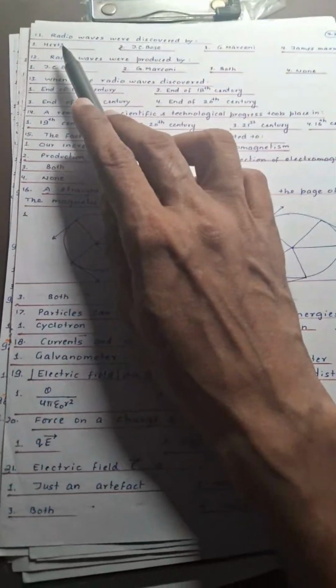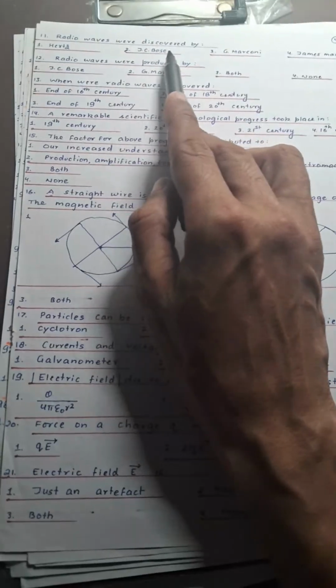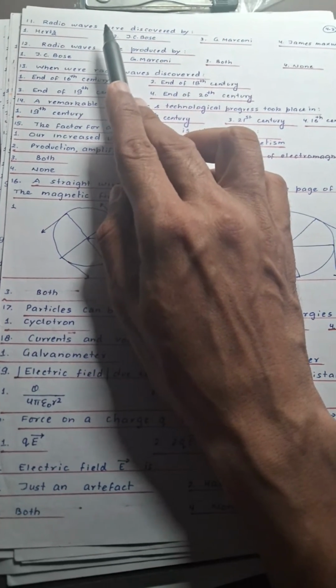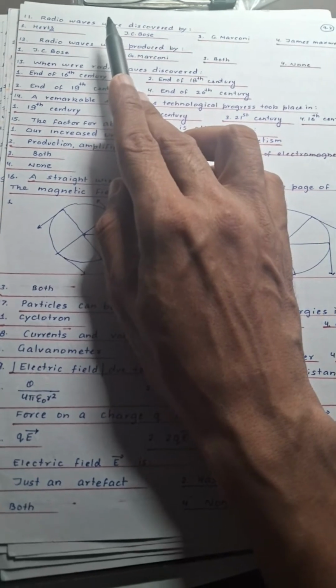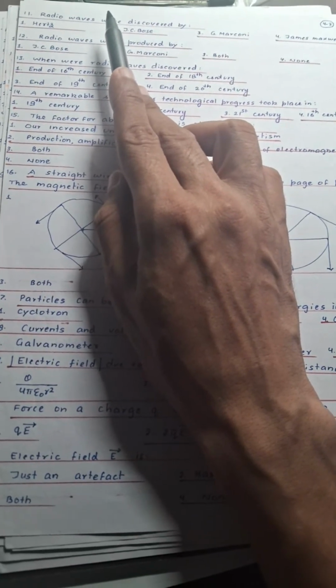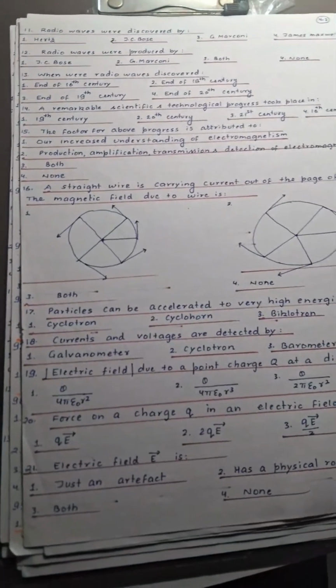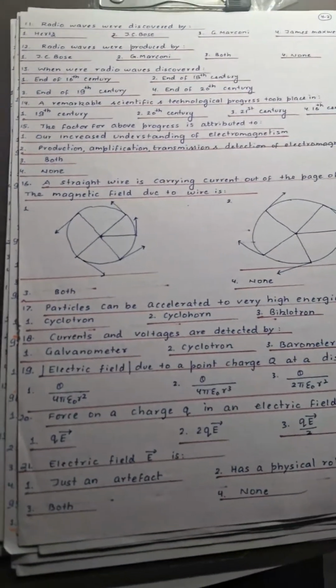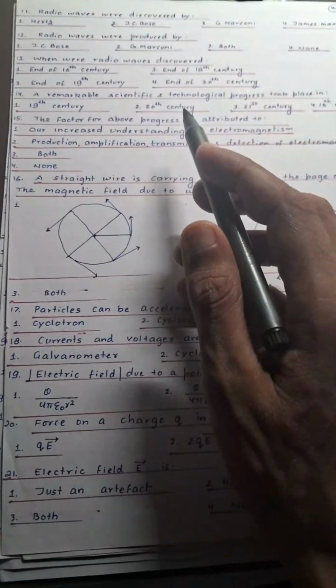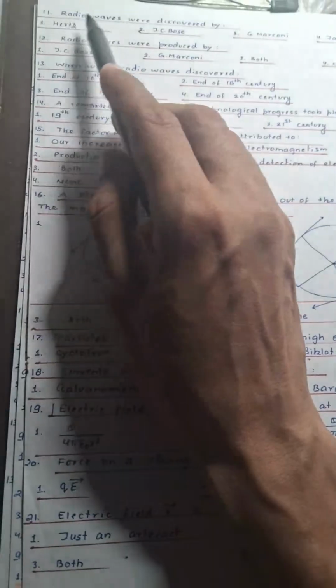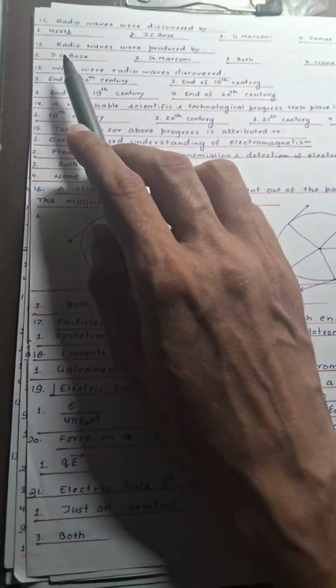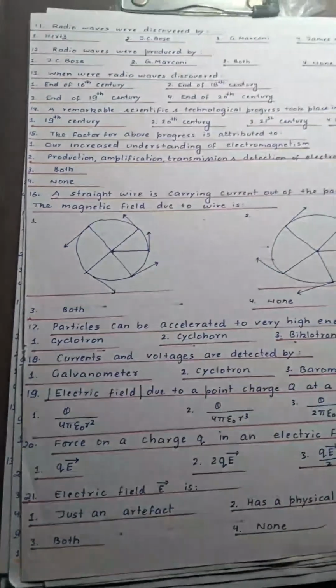नेक्स्ट इज क्वेश्चन नंबर 11, दैट रेडियो वेव्स वर डिस्कवर्ड बाय। तो रेडियो वेव्स वही हैं जिसके थ्रू आप कम्युनिकेशंस करते हैं। बेसिकली रेडियो जब आप सुनते हैं, अब तो खैर पुराना हो गया रेडियो, पहले जब रेडियो सुना जाता था तो उस समय कम्युनिकेशन के लिए यूज़ होता था रेडियो वेव्स। और इसमें ख़ास बात है कि अगर इलेक्ट्रोमैग्नेटिक स्पेक्ट्रम को देखें तो उसमें इनका वेवलेंथ सबसे ज़्यादा होता है, फ्रीक्वेंसी सबसे कम है, तो ये कम्युनिकेशन के लिए यूज़ होता था। सो दे वर डिस्कवर्ड बाय हर्ट्ज। सो फर्स्ट विल बी करेक्ट ओवर हियर।